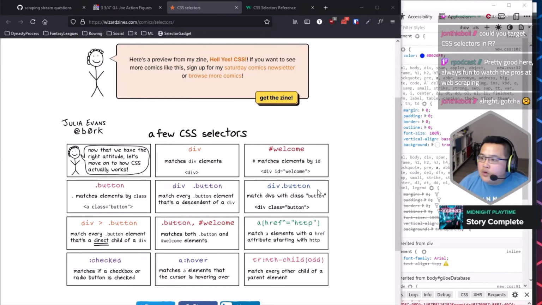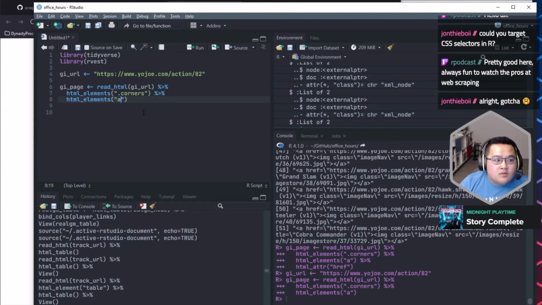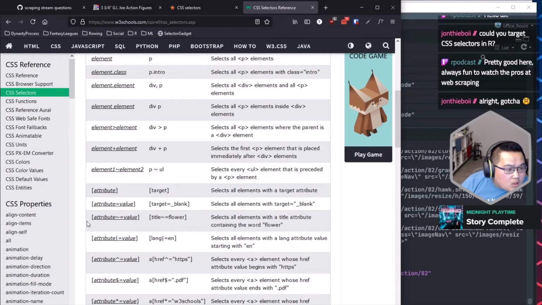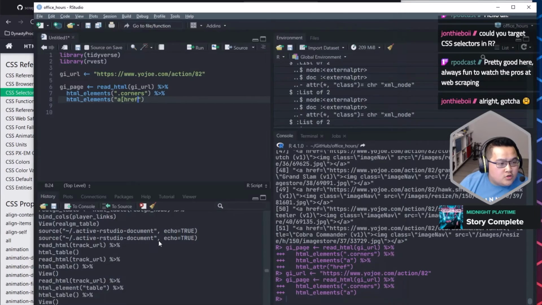So what we're going to do is href, I think this was, what's the end one? Ends with, so that's a $ sign. Okay, so that refers to, I think it's the same as regex. That's actually news to me. We're going to do $=